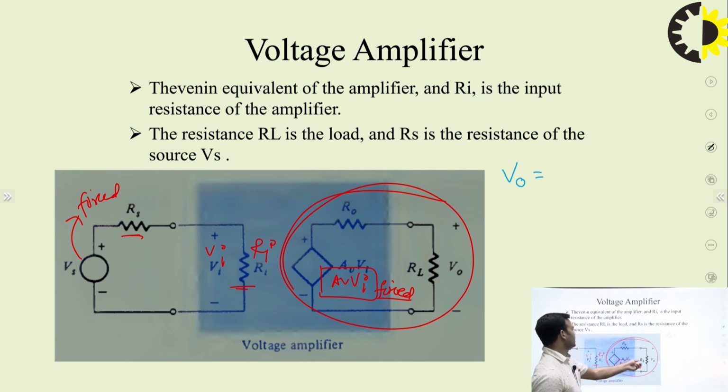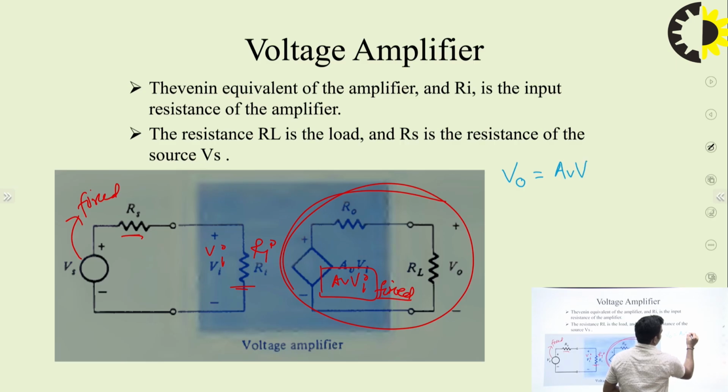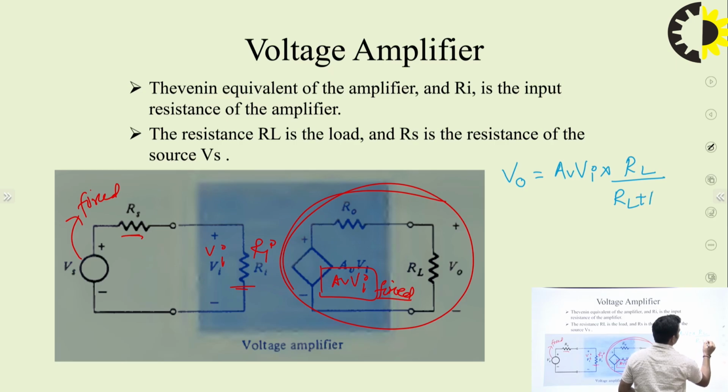V naught will be equal to AV into Vi multiplied by RL upon RL plus R naught. That means V naught will be